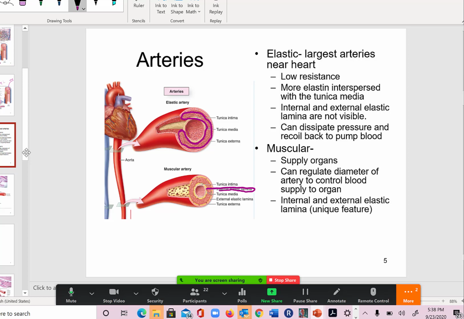So the internal elastic lamina, I'm just abbreviating, is in between, I'm going to put it in parentheses, the tunica intima and the tunica media. The external elastic lamina is in between